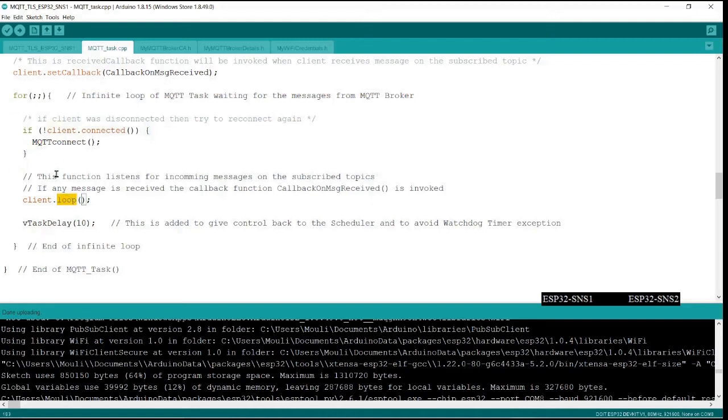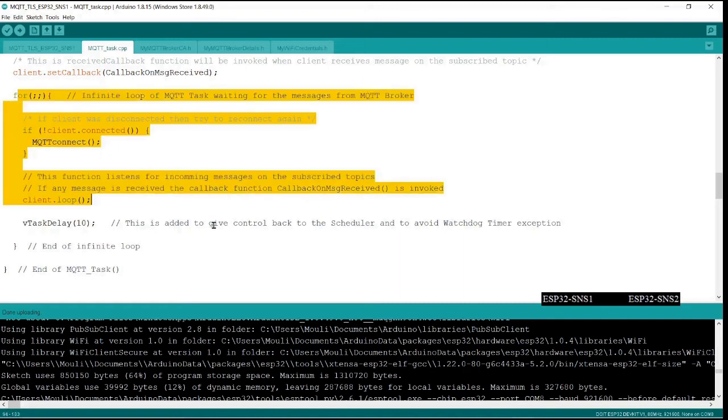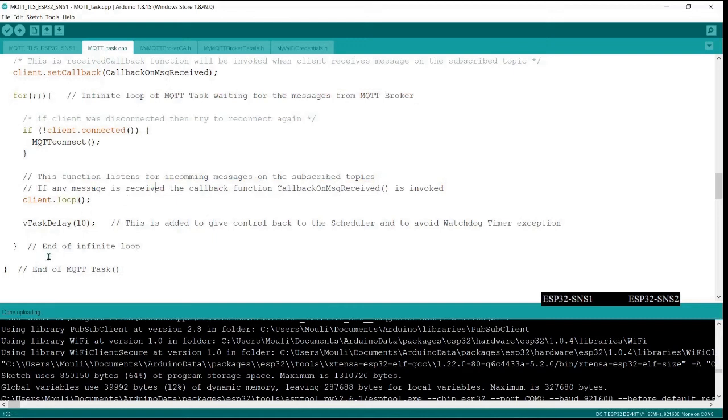But if you run a task without giving control back to the OS, the FreeRTOS ported to the ESP32 expects that you give control back to the OS within some watchdog timer delay, which is a configurable value. If the task is continuously running, the OS will assume that some error has happened in the task and it has gone into an infinite loop, so it is not getting control back to the OS. So it will restart the core.